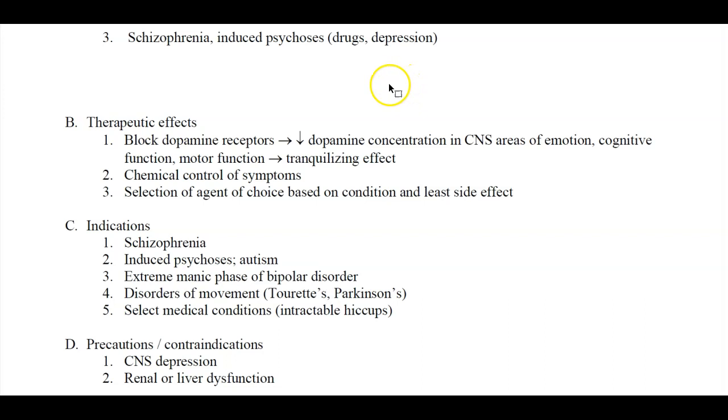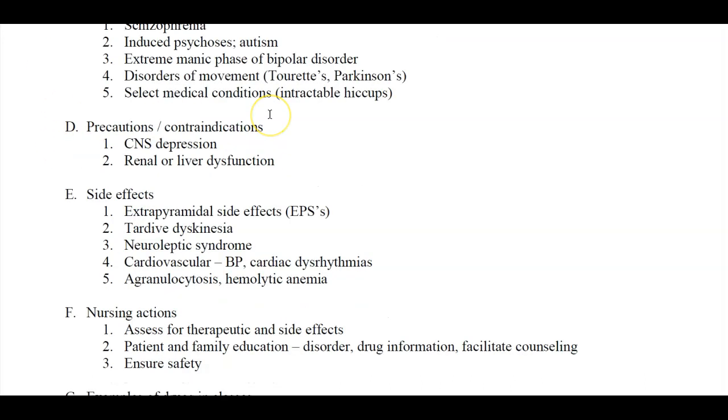Indications for use of these drugs include schizophrenia, induced psychosis, autism, extreme manic phase of bipolar disorder, disorders of movement such as Tourette's and Parkinson's, as well as other medical conditions such as intractable hiccups. Precautions and contraindications include CNS depression and renal or liver dysfunction. Side effects include extrapyramidal side effects or EPS, tardive dyskinesia or a type of extrapyramidal side effects, neuroleptic syndrome, cardiovascular or blood pressure and cardiac dysrhythmias,